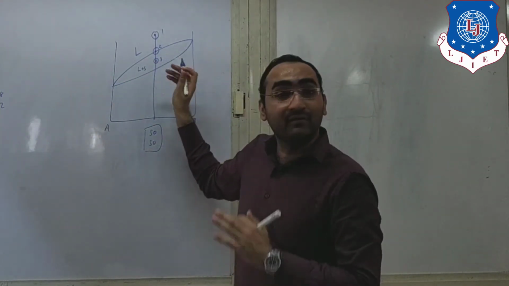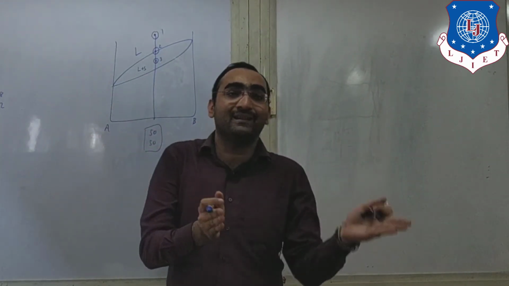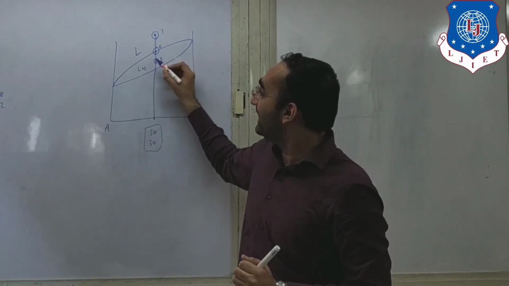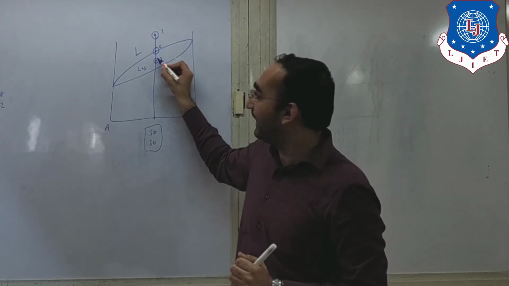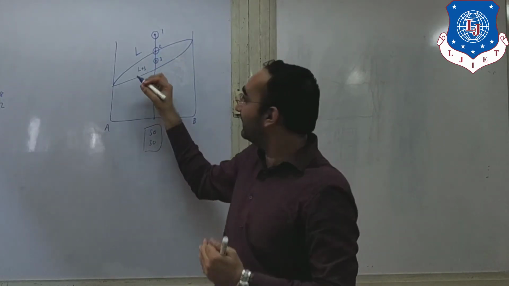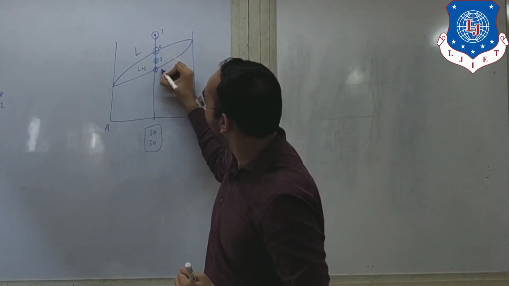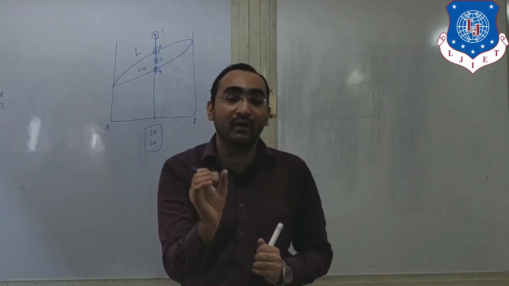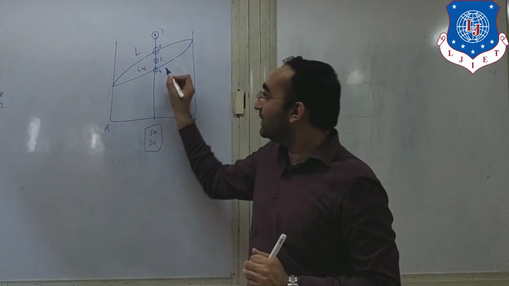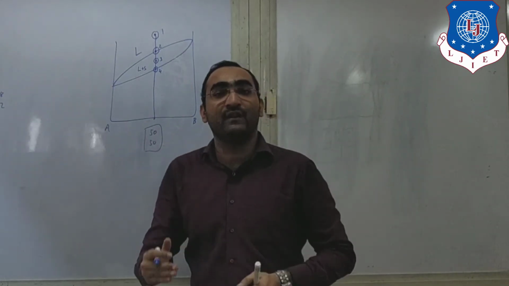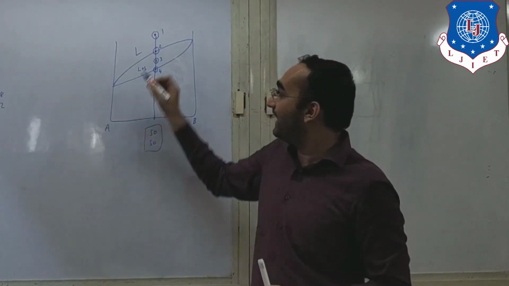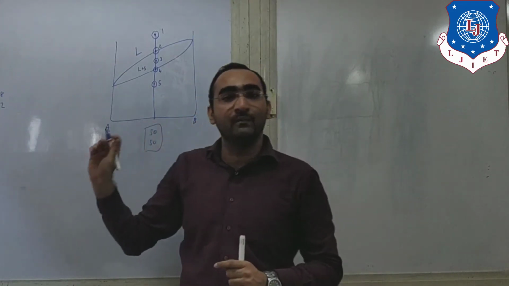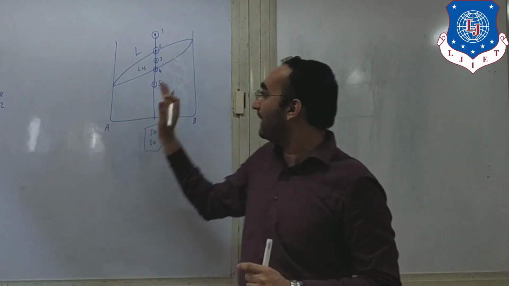And at this point, with the help of the lever rule, as I discussed earlier in this lecture, we can find out the percentage of solid and liquid occurring at this third point. If we go down, if you lower the temperature, then comes point number 4. What does point 4 indicate? It gives you that the solidification ends. Then if you go down, your fifth point is nothing but the solid state.